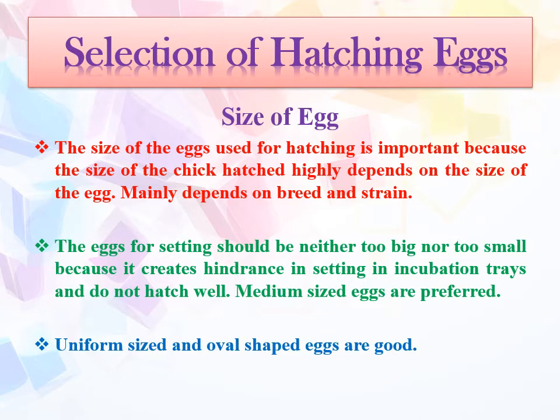Suppose for a chicken egg, the incubation period is 21 days. It means that whenever the breeder bird or hen lays the fertile egg, it will take 21 days to fully grow the chick inside the egg. And after 21 days, the chick will come out of the egg. So the incubation period in chicken egg is 21 days. In different species of bird, the incubation period will be different.